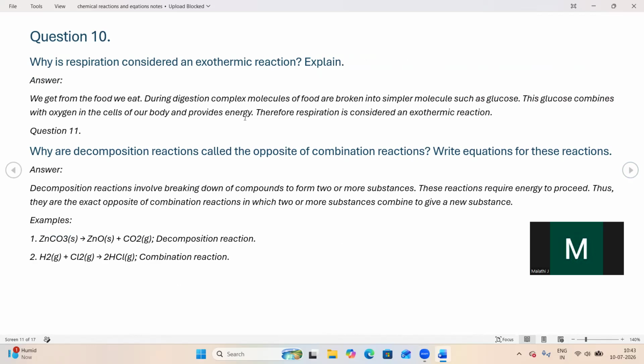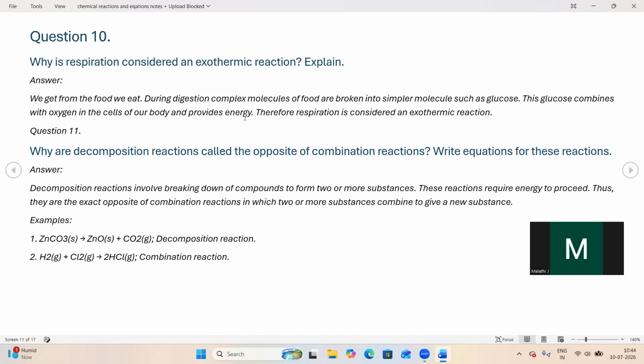So here heat or energy will be liberated. If you eat food, during digestion the complex molecules of food break down into simple molecules such as glucose. When this glucose combines with the oxygen in the cells, it provides energy, so these respiration reactions will be called